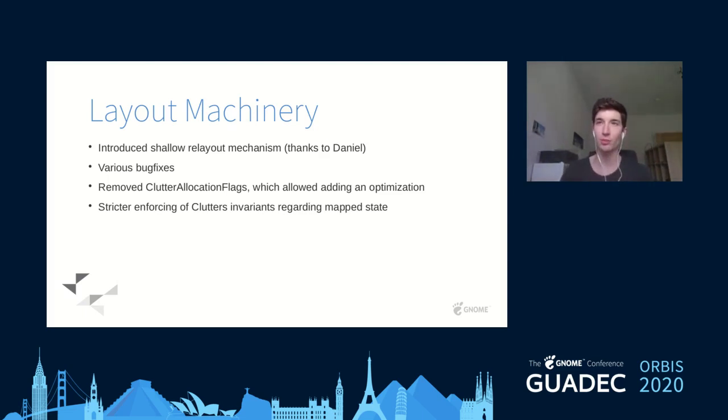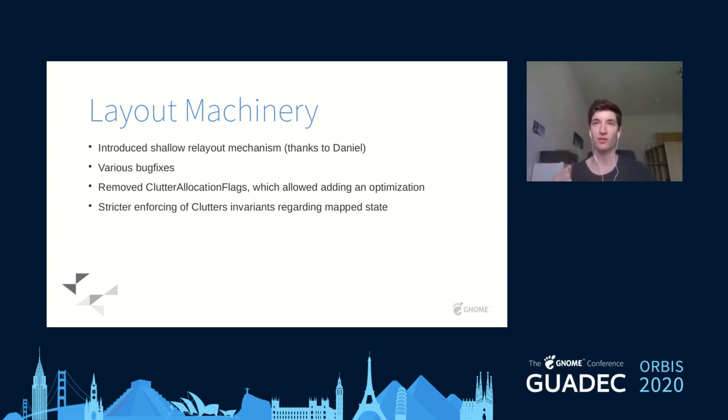And this is about Clutter's layout machinery. So that machinery got quite a few improvements last year, over the cycle. And the most important improvement probably was the introduction of the shallow relayout mechanism, which was done by Daniel. So thanks to him. The basic way layout works is that it goes from top to bottom usually. You start allocating actors at the topmost actor, which is usually the stage, and then you go recursively down to the actor which actually queued the relayout. So you basically always have to allocate the actors up the chain to allocate an actor down the chain,